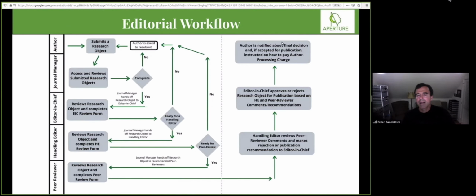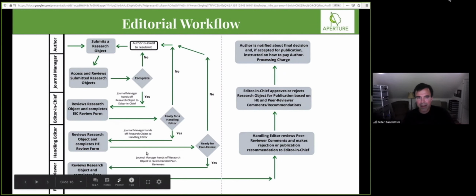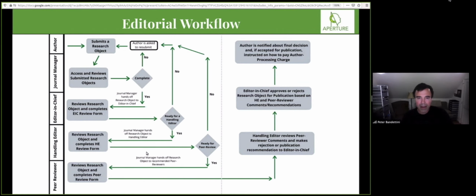And this can iterate as many times. There'll be several reviews if necessary, or we will have rejections as well. We certainly want it to be open access and very accessible and easily able to be submitted to, but we also want to keep the standards very high for this journal so that there's not a lot of noise and poor quality studies. So hence the review process.